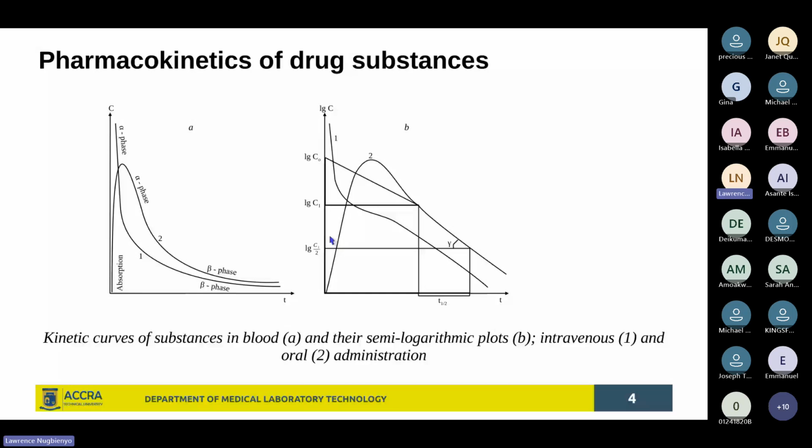But here on A, that is directly the concentration values, and the first curve comes from the highest concentration value and goes all the way down. So the graph is concentration against time, over time when the drug is taken. This first curve, curve 1, represents the pharmacokinetics of a substance that gets into the body